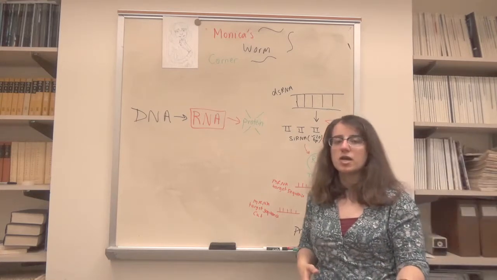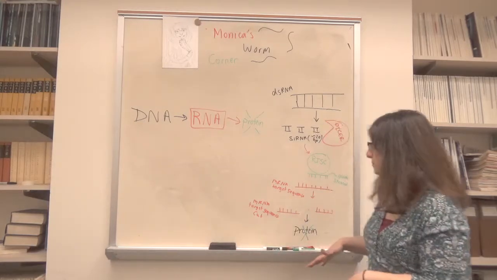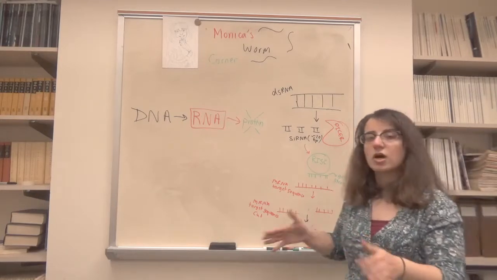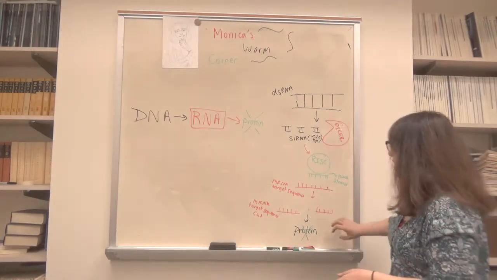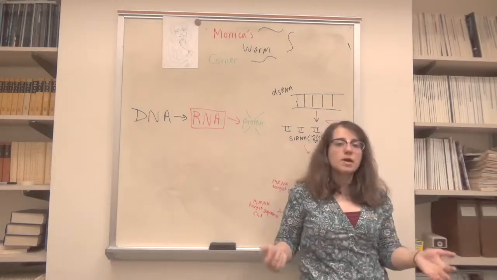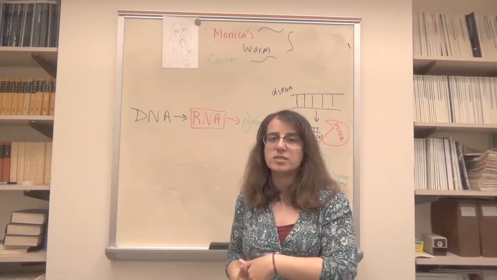And with siRNAs, this complementary base pairing is very precise. And so once it binds to that target sequence, it'll cut and degrade that target sequence, and then the protein cannot be produced. And so microRNAs can also guide RISC onto target